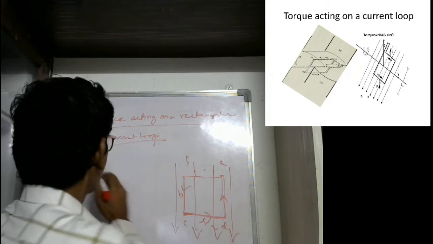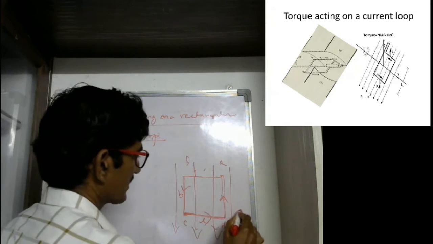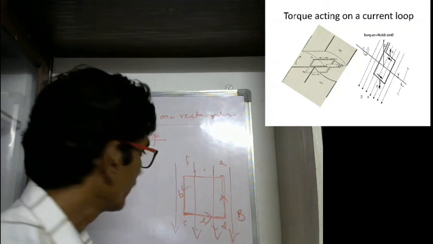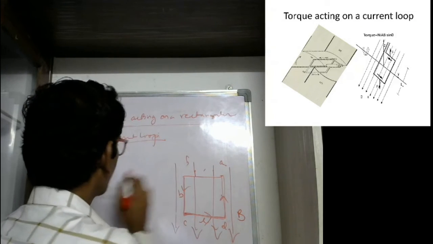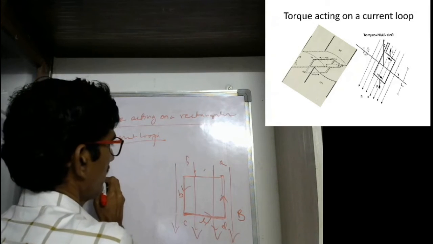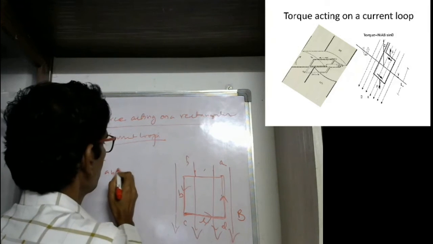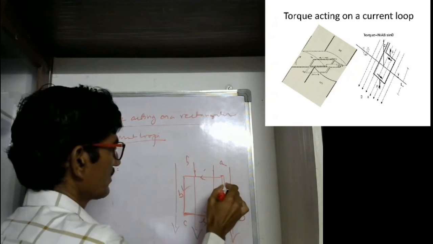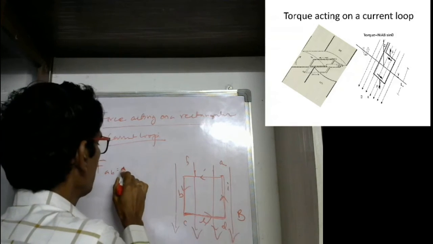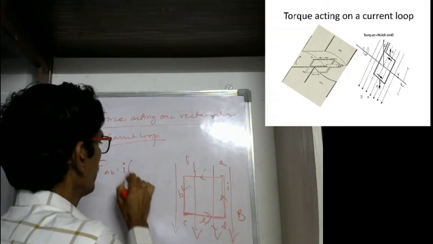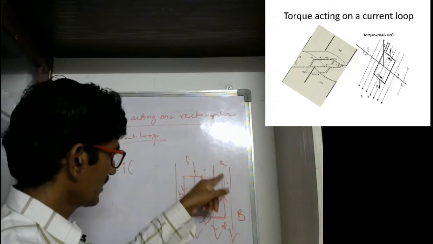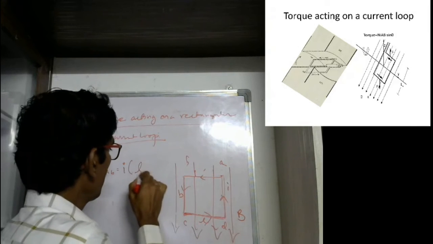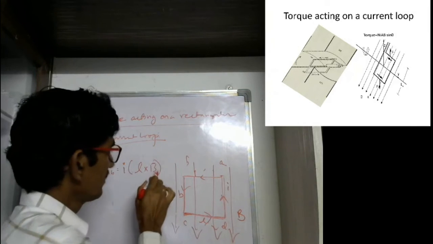Otherwise, let us write here this external magnetic field. Let us say this is B. Now, how much force F is acting on AB? It is equal to the current flowing through this wire, say I current, I. L means this AB length is also L, because CD's length is L. So I L cross B.